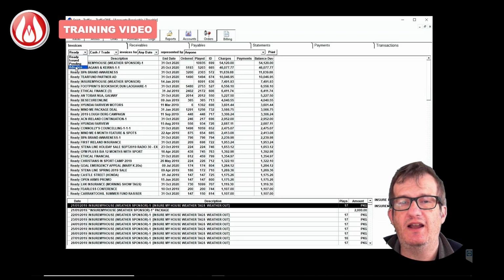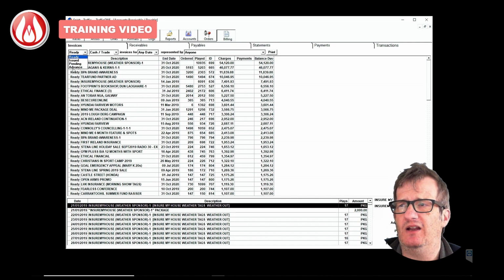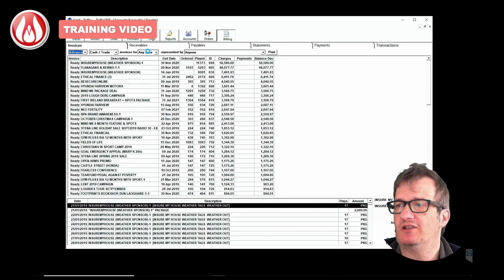If it's an order that hasn't started yet or you haven't done anything with yet, then choose the advanced tab. If it's an order that has all been charged and reconciled, then it's ready. If it's already been issued, choose issued. If it's pending, then choose pending. Anyway, it'll be in one of those columns. Mostly I use advanced because I do advanced charges. So we're going to click on advanced, and we want invoices for any date,